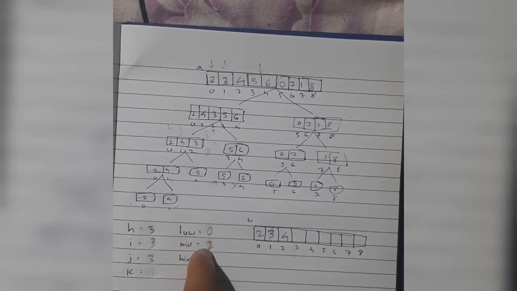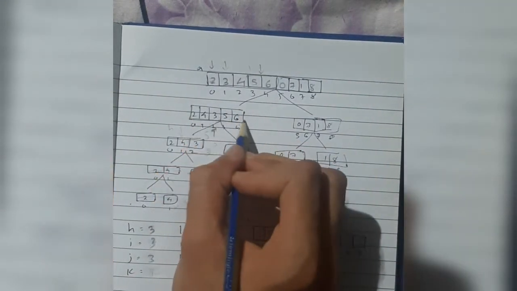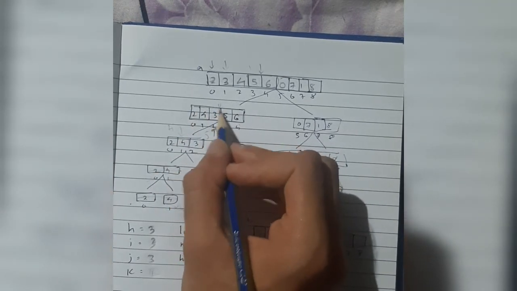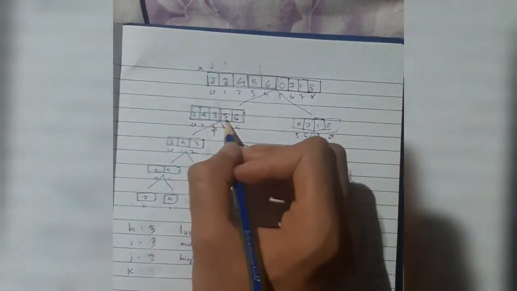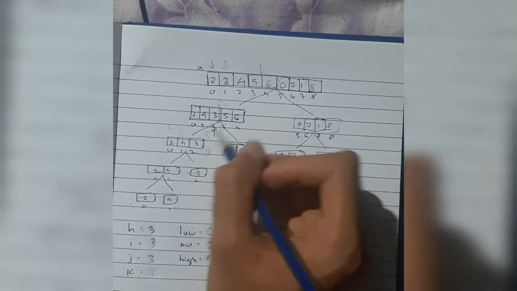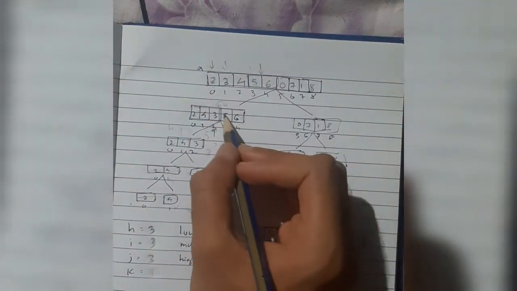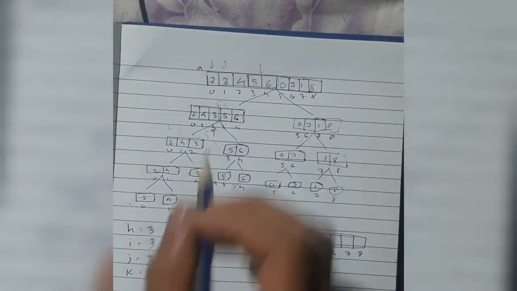Okay, so what has happened is the value of h is 3, the mid value was 2, so mid was here. In this array we are doing, right? So mid was here. Okay, and h became 3, means it has crossed the mid value, while j was 3. J is here only, j had not crossed the end of the array. In the previous case j had crossed the end of the array, in our case h has crossed the mid. So these three elements are included in b. So what we are left with is these two elements should be included in b. Okay, so let's include both of these elements in b.